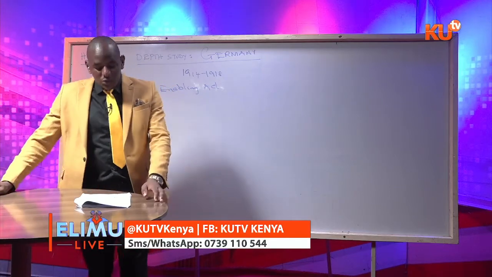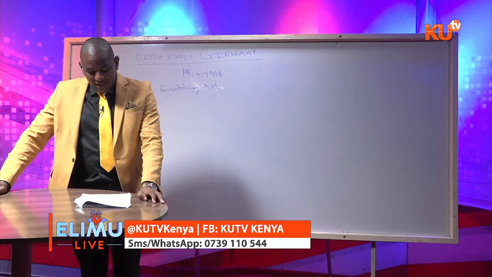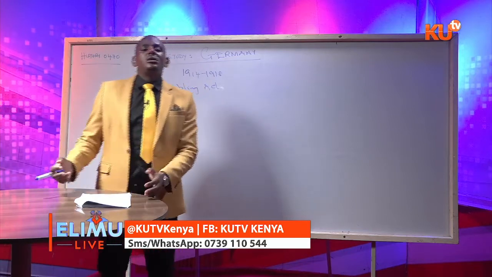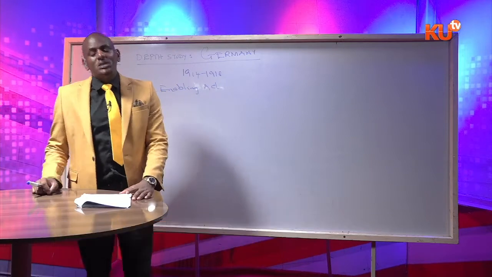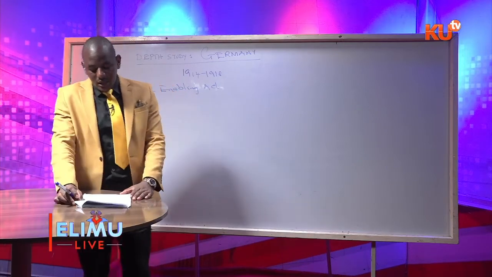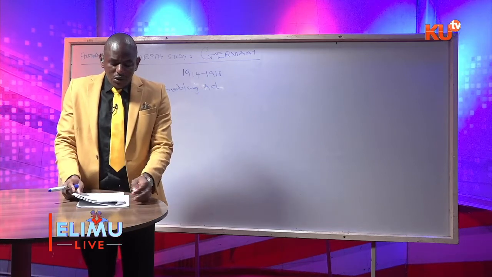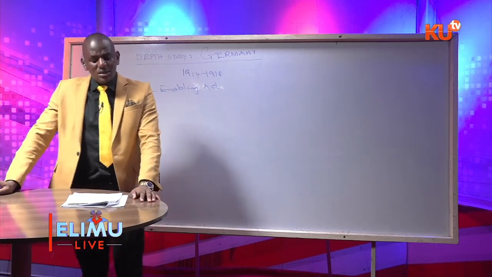Now, we switch gears to look at the Treaty of Versailles. Remember, the Treaty of Versailles was signed between the Allies and Germany, and they were basically punishing Germany for starting the war. And looking at the Treaty of Versailles, the ordinary Germans,